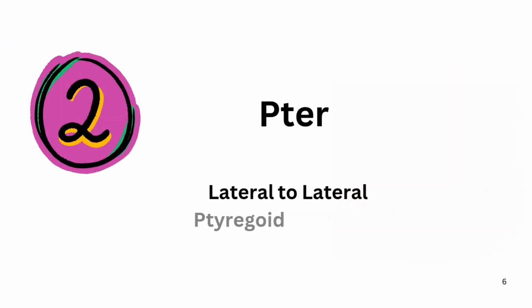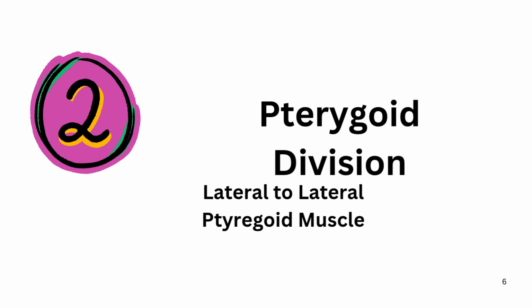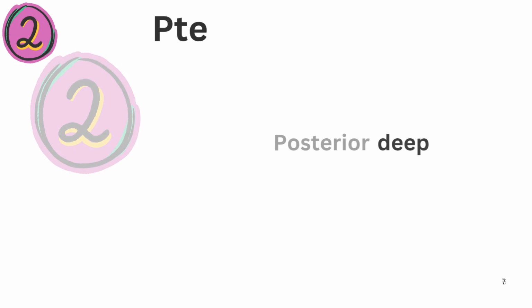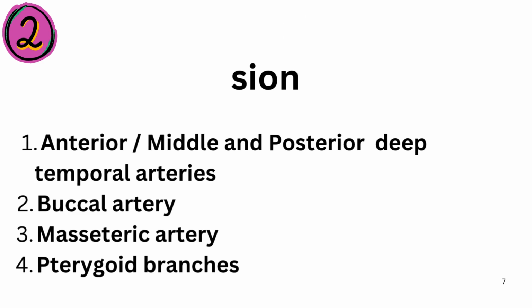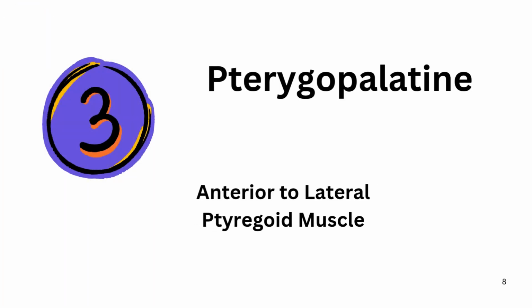The pterygoid division or second division runs lateral to the lateral pterygoid and supplies the surrounding structures. This segment of the maxillary artery gives out the anterior, middle and posterior deep temporal arteries, buccal artery, masseteric artery, and pterygoid branches. Finally, the pterygopalatine or third division consists of all the terminal branches and runs anterior to